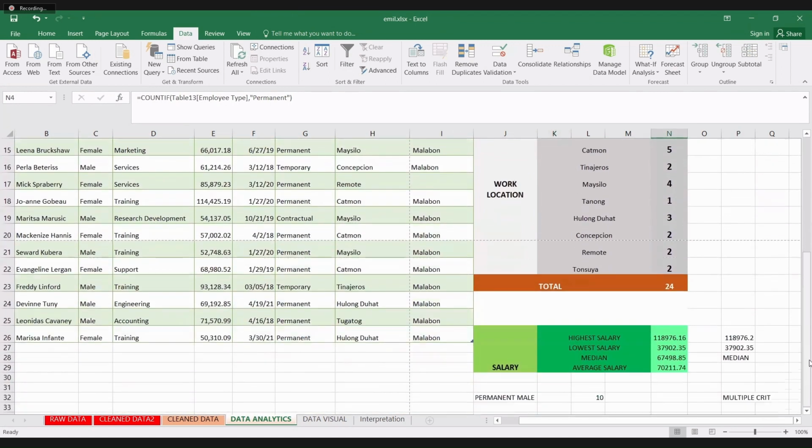So again, we have set two criteria: we're asking for permanent, and then we're asking also for male employee. So, dalawa po yung tinatanong natin, no? Permanent and then male. Okay? So, is it possible to set multiple criteria? Yes, it is possible. We will be using